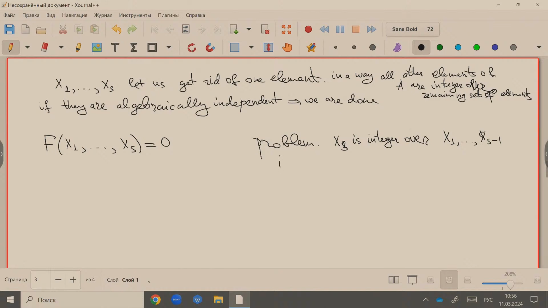So if you have the polynomial f of the form xs to some power n plus remaining terms g_{n-1} that depend on x1, ..., xs minus 1, xs to the n minus 1, etc. Yeah? But this is not a general algebraic relation, simply because we can have polynomials